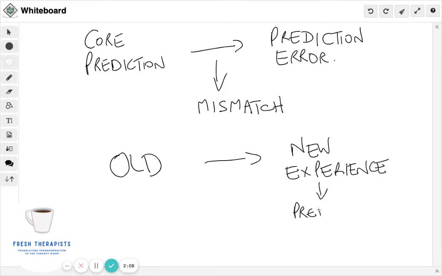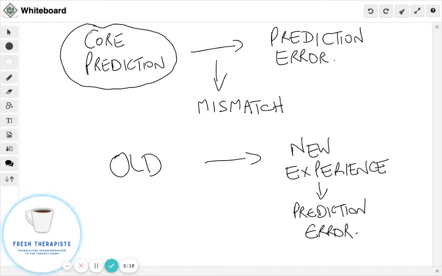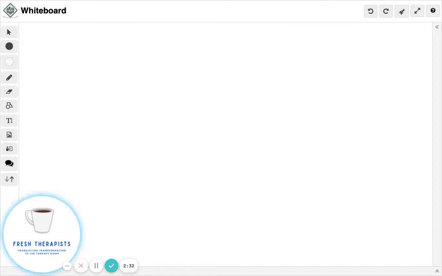However, you can't really come up with a prediction error unless you accurately identify the prediction. So there's 3 basic steps here that we have to be interested in when we're doing therapy, which is going to help guide us towards memory reconsolidation, which of course then removes the trauma completely.